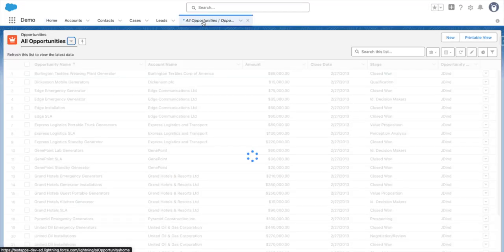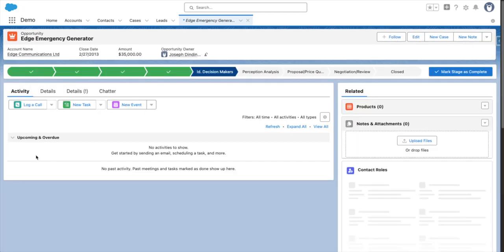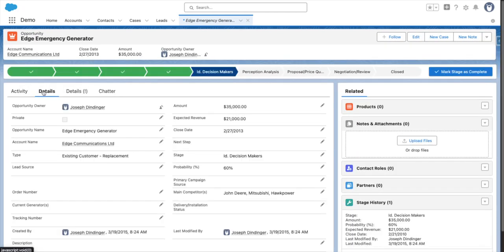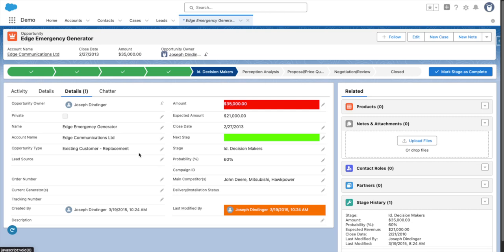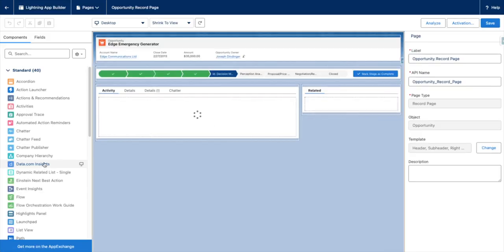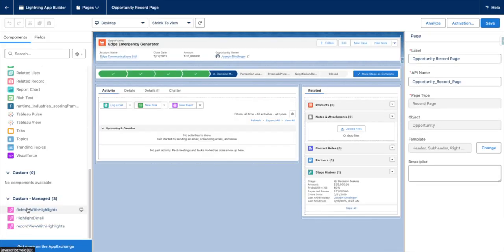All right, so quick demonstration of our newest component. If I go into an opportunity, we can see our typical highlighter panel with the regular highlights that we have. In this case, there's three of them showing up. But sometimes people want to have highlights over here in a related area. And we have a new component now called field set with highlights, which I'll go ahead and put